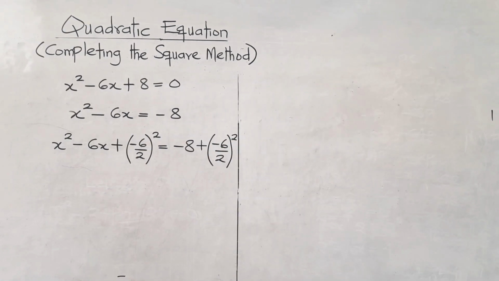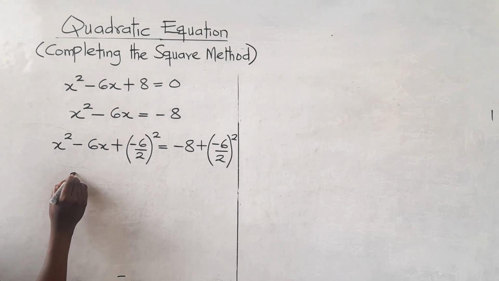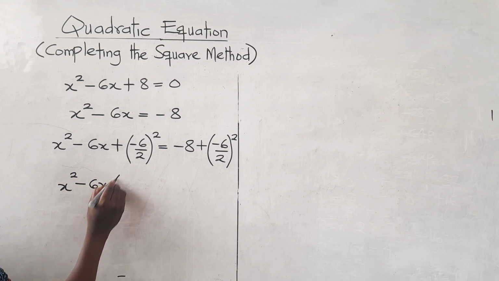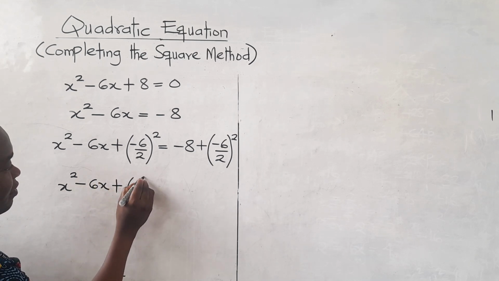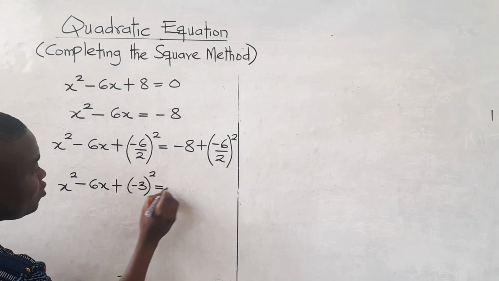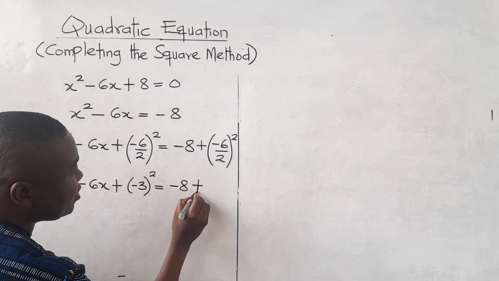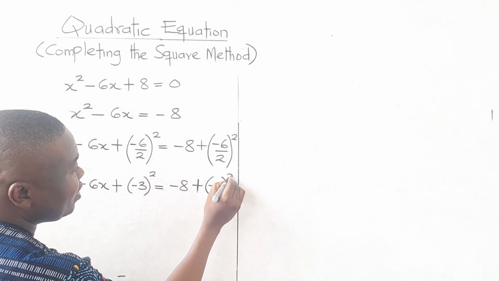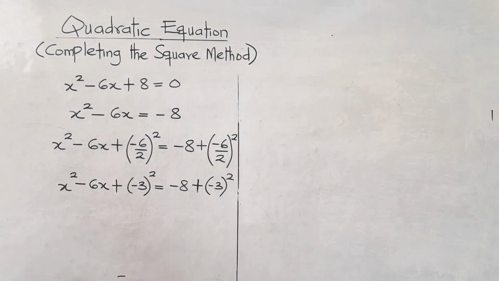The second stage. Let's continue. We have x squared minus 6x. This is negative 3 squared equal to minus 8 plus negative 3 squared. This will give us,